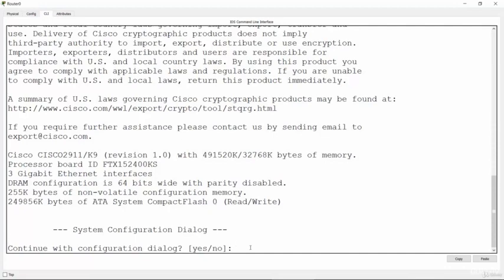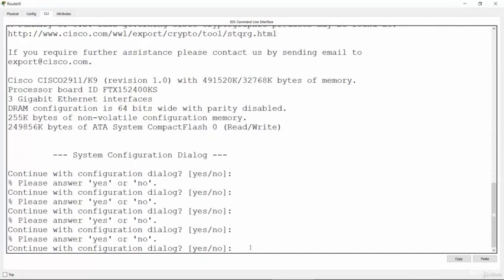As you can see, I'm in the command prompt of the router, and Cisco routers ask something like this when they first boot: continue with configuration dialog, yes or no. Please answer yes or no. If you choose yes in this step,